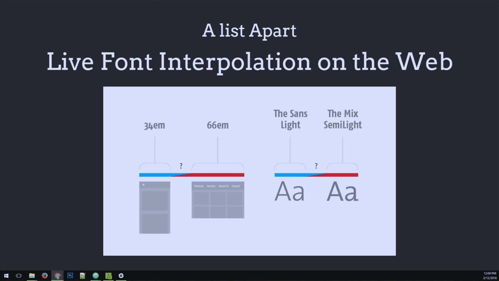So as designers and developers, we'll be able to choose any value without downloading multiple font files as you would have to at the moment. So as well as saving multiple font files from having to be downloaded, we could be able to interpolate these values, right? There's an excellent article on A List Apart by Andrew Johnson that talks about live font interpolation